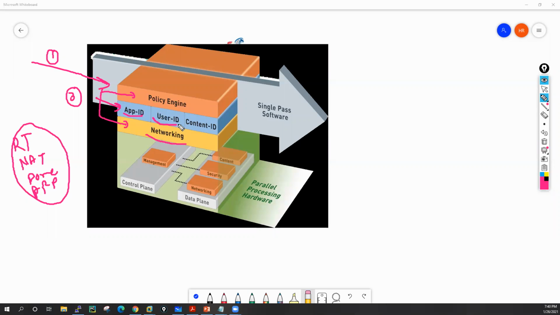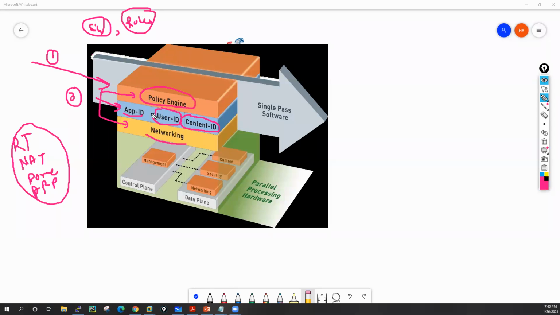If we have a user-based policy, all the user-related work is done by the User-ID engine. Content-ID is responsible for your antivirus, anti-spyware, and vulnerability protection. All these things are taken care of by the Content-ID engine. And we also have the policy engine, which is responsible for your signature match. We can say it is also responsible for whatever rules you write, so checks on the source IP, destination, and so on are done by the policy engine.